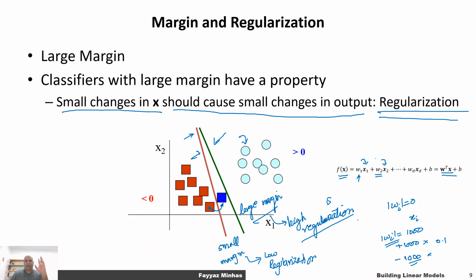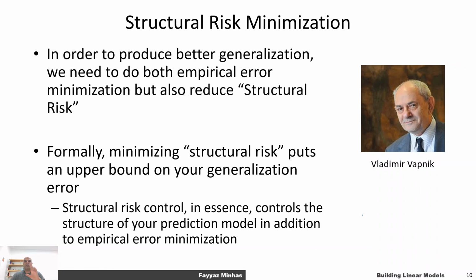This concept of regularization plus empirical error minimization was first proposed by an excellent scientist called Vladimir Vapnik in the 1960s. He wrote a book called The Statistical Theory of Learning. That's a pretty deep statistical book that covers how much error you can expect over a given test set if you use a certain type of classifier. We're not going to go into the theoretical details in this particular module. But what I want you to understand is what this scientist said: empirical error minimization is not going to guarantee good generalization or good noise tolerance